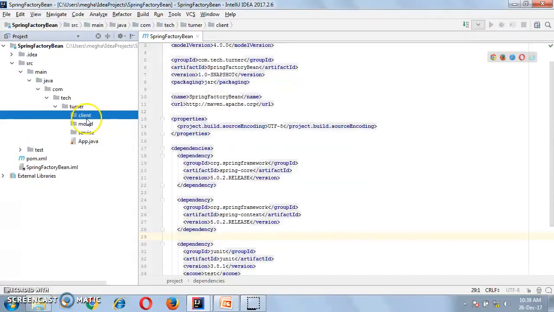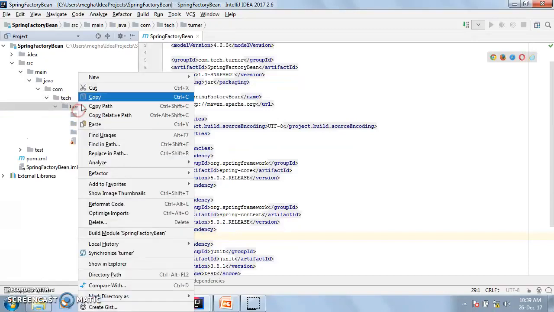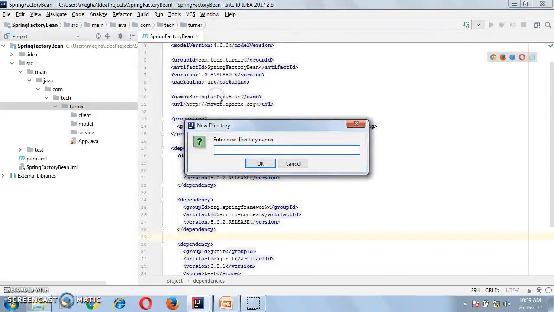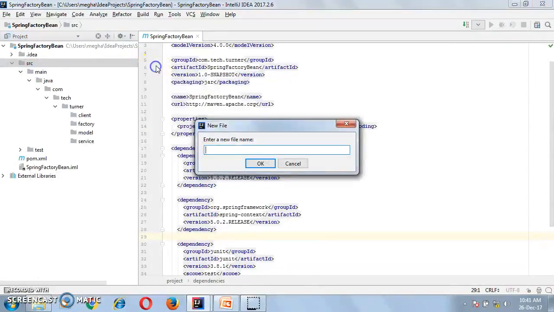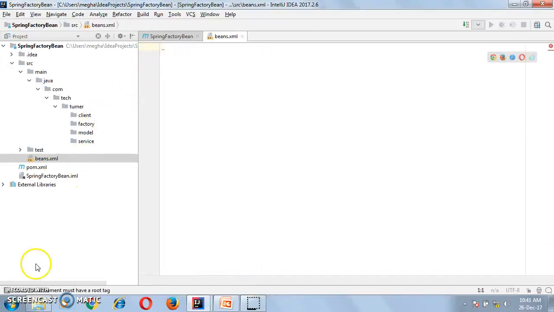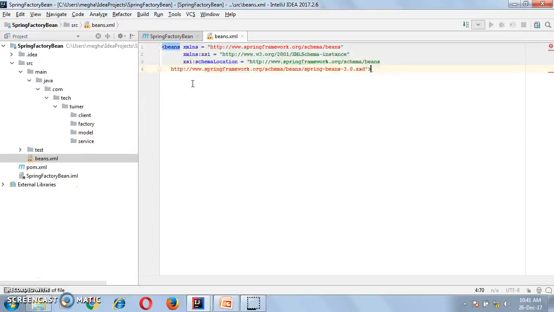This will have the client that we'll use to test our service. Another package, factory. We will need a Spring configuration file, so at the source level, go to new file and create a beans.xml. Put the beans tag into the beans.xml. I have copied this beans tag from my other project. No need to specify the version, it will take it on its own.